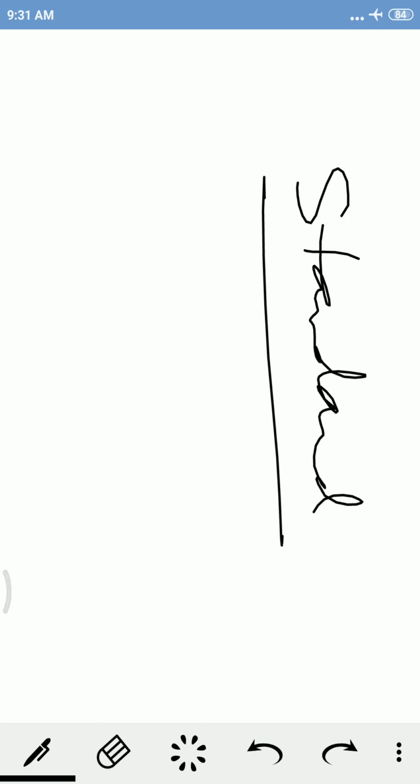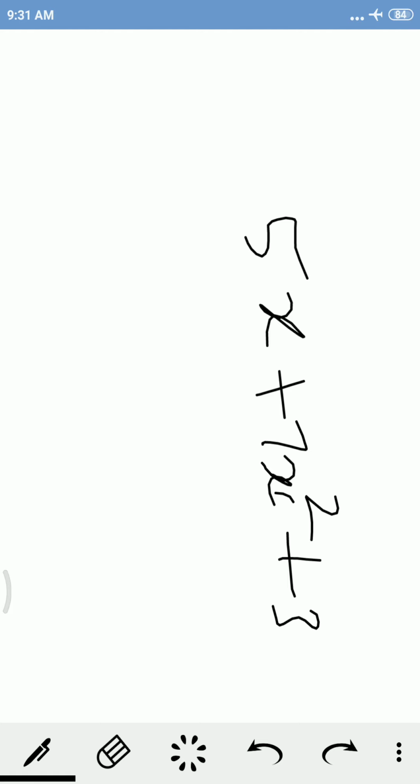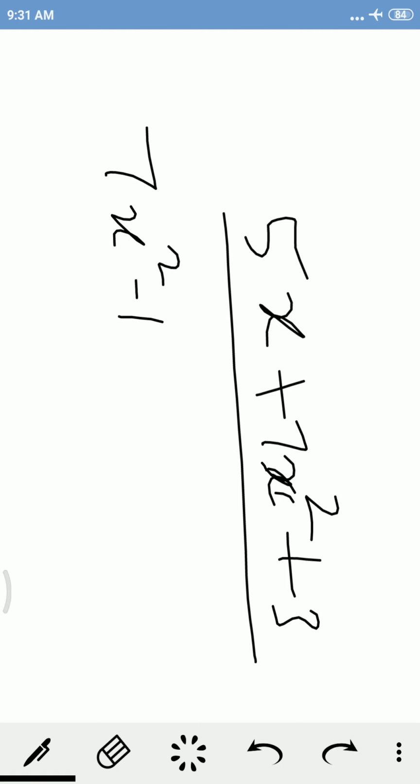Now next I will talk about the standard form of a polynomial. That is very important. If I write 5x plus 7x square plus 3, it's a polynomial in one variable and its degree is 2, so it's a quadratic polynomial, but it is not in standard form. In standard form we will write it like this: